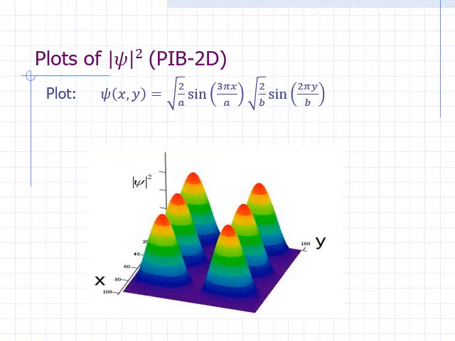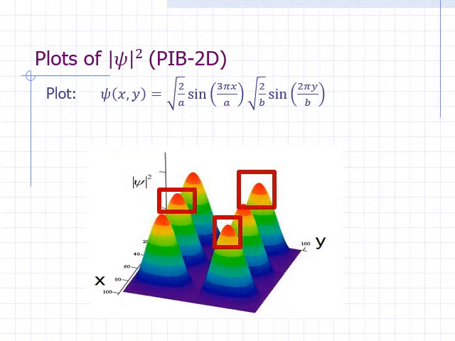Here's a three-dimensional plot of the probability density function for the wave function we just saw earlier. Remember that the probability density function is the square of the absolute value of the wave function. Now, instead of 3 mountains and 3 trenches, we see 6 mountains. What we drew as trenches are now drawn as mountains since the square of a negative number is positive.